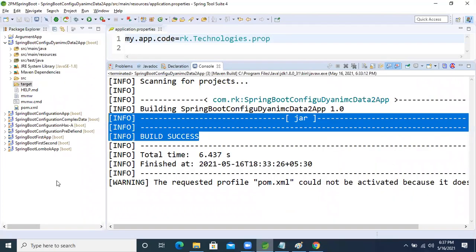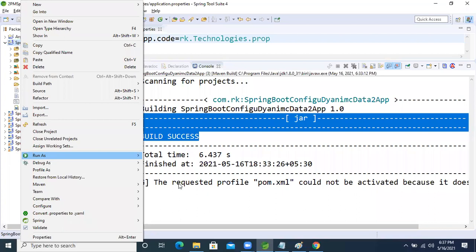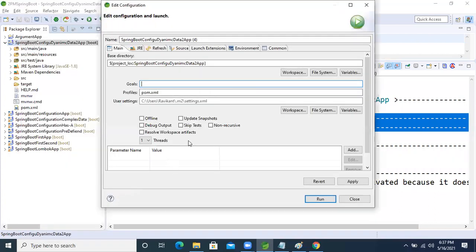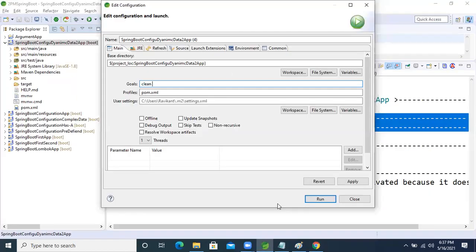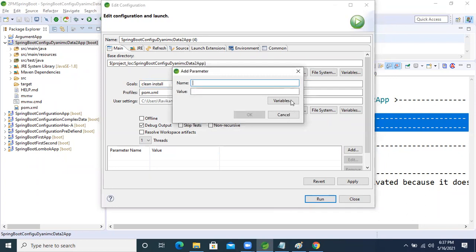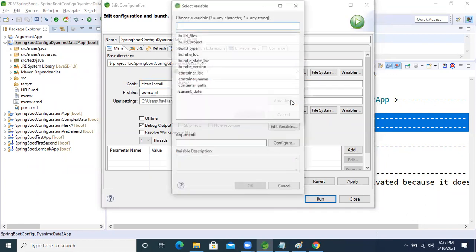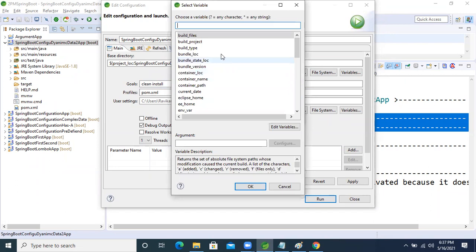Right click on the project, run and build the project, right? Okay, here what is that? Already something is there, right? Here, clean install, right? Clean install. Okay, let's take clean install, right? And debug output is saying that. Okay, I'm selecting that, but here value add, build file, build file. Okay,